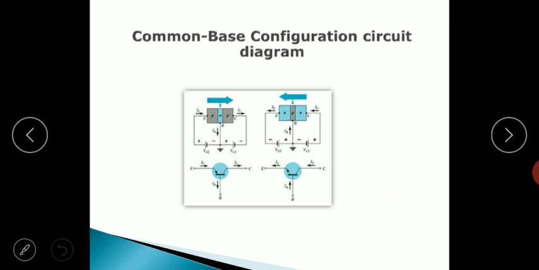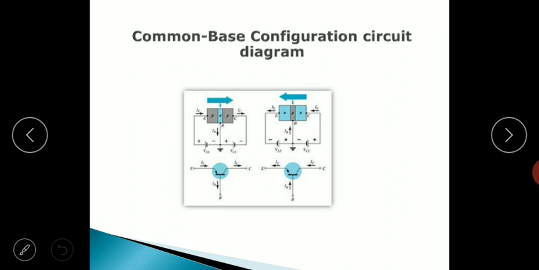Now since the transistor has three terminals, but whenever you want to use a transistor as a two-port network, we need four terminals, two for input and two for output. So having three terminals, how can we use it as a four terminal or two port network? This difficulty is solved by making one of the three terminals of the transistor common for both input and output, and depending on which terminal is made common, there are three different configurations of transistor. Those are called common base configuration, common emitter configuration, and common collector configuration.